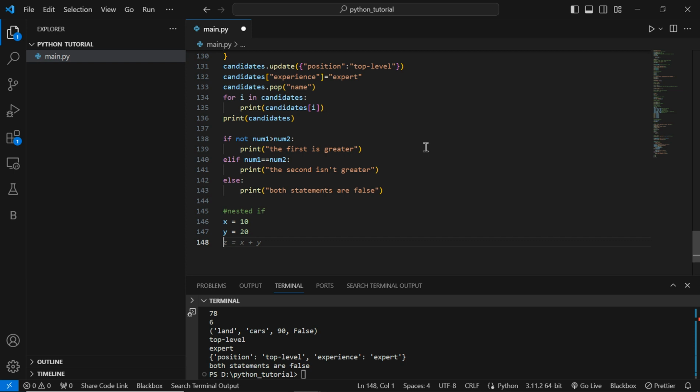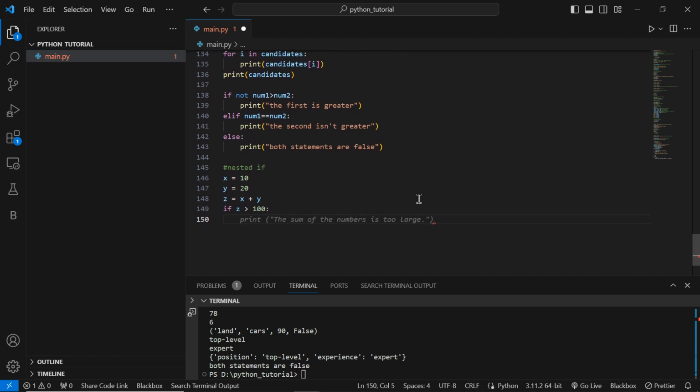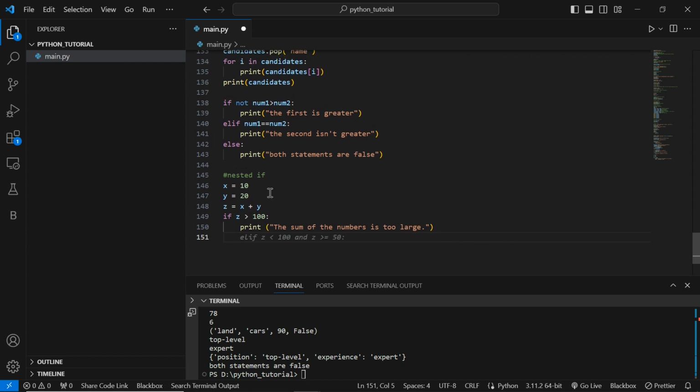So say z is equal to x plus y, which is 30 now. Yeah. So you can say if z is equal to 100, the number is large, and yeah,